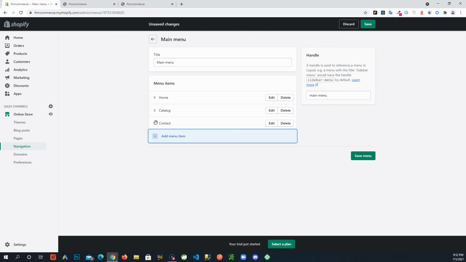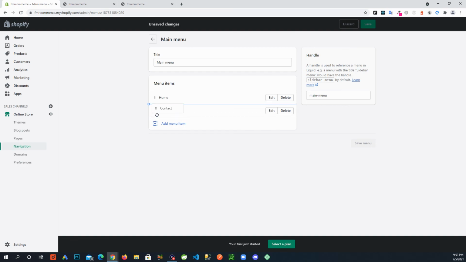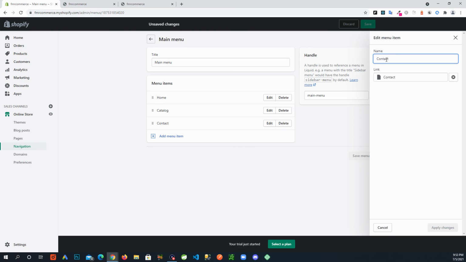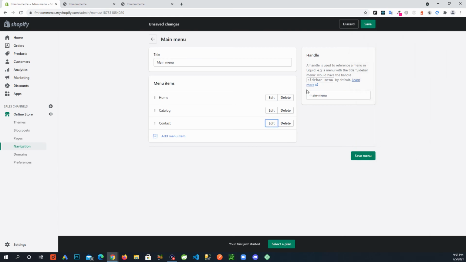It showed up here. So one thing, you can also change the order of these items here. You could just drag it just like this, and if you want contact in the middle, you can put it there. You can put it at the end. Right now it's just 3 pages. It makes sense for contact to be at the end, so I'm gonna leave it here. You could edit here, go back in there. If you wanted to change the verbiage of this link, you can do that. I'm gonna come back out. You could also totally just delete this if you don't need this anymore. So alright, now I added contact in here, and save menu,